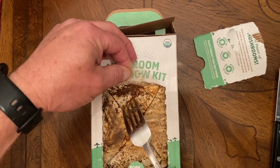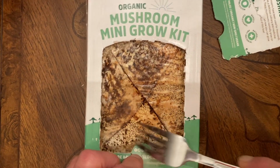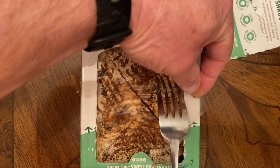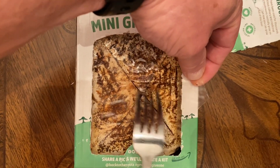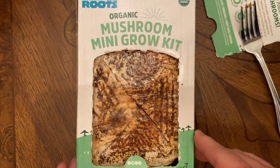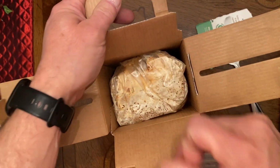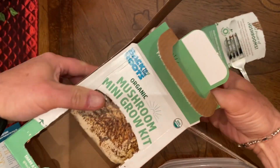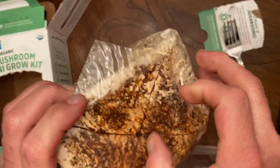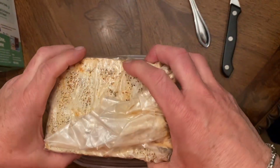So you can see how that is. Okay, now once we've done that, now we remove this from the package here. And then we're going to take this area where we exposed the mushroom, and we're going to put that face down into the water,